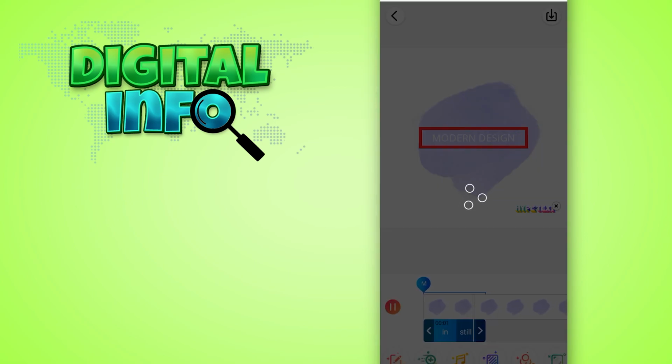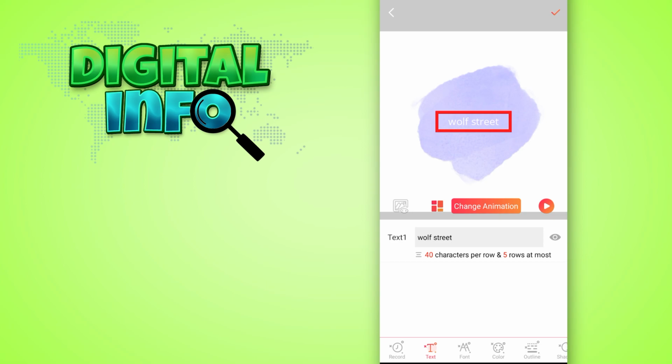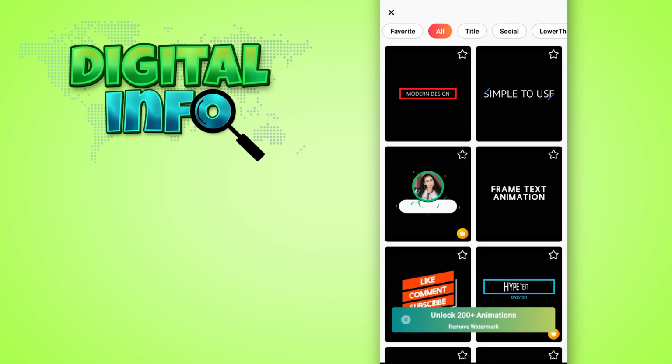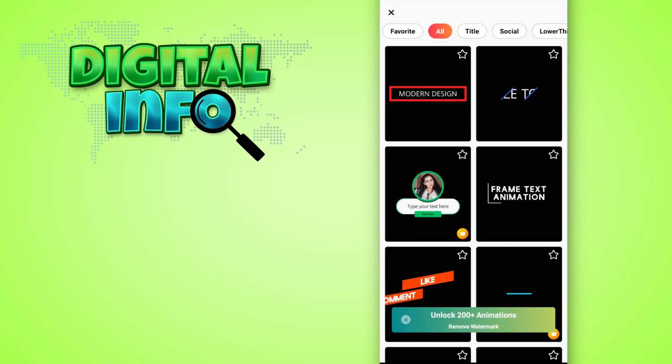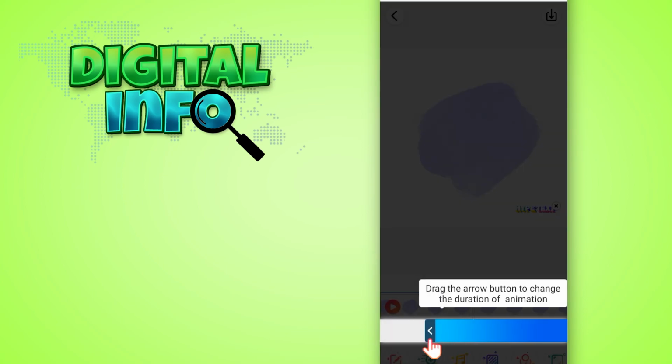And here you just simply type your text and then save this. And here, if you want to change animation, click on change animation and select another one. And after you complete your editing, simply click on the check mark